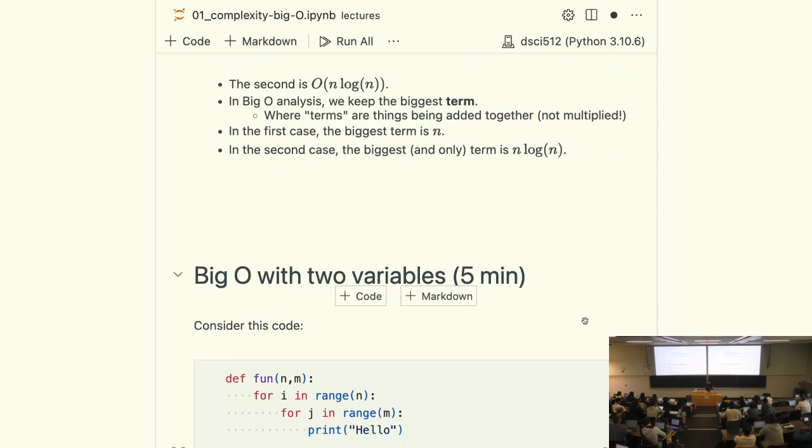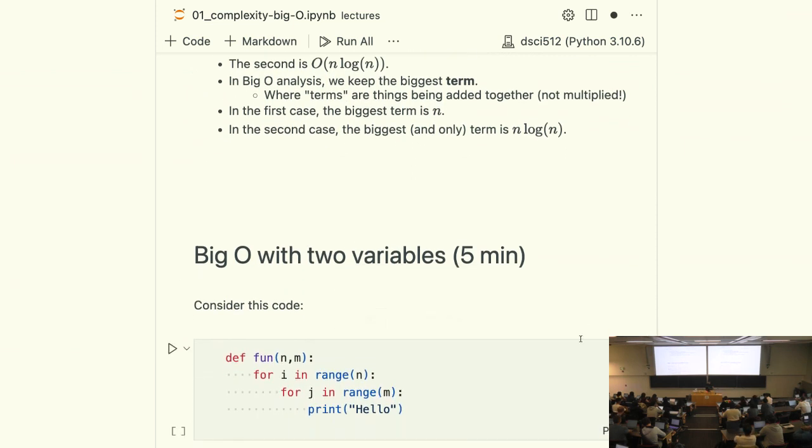All right. So big O with two variables. Consider this code over here. We have an outer loop that's a function of n, an inner loop that's a function of m. What is the time complexity here? N steps, m steps inside. Nm, yeah. Okay, so the time complexity is nm, so we can't say that it's n